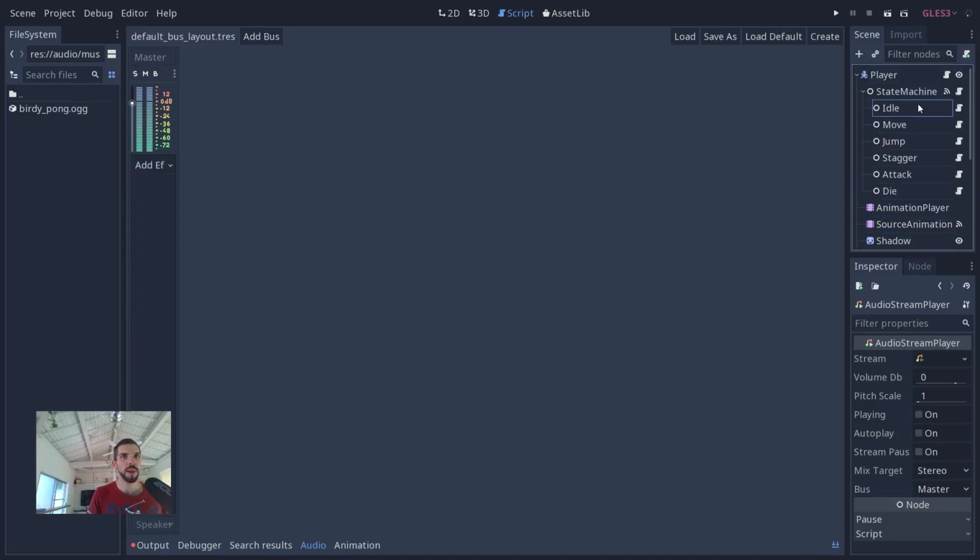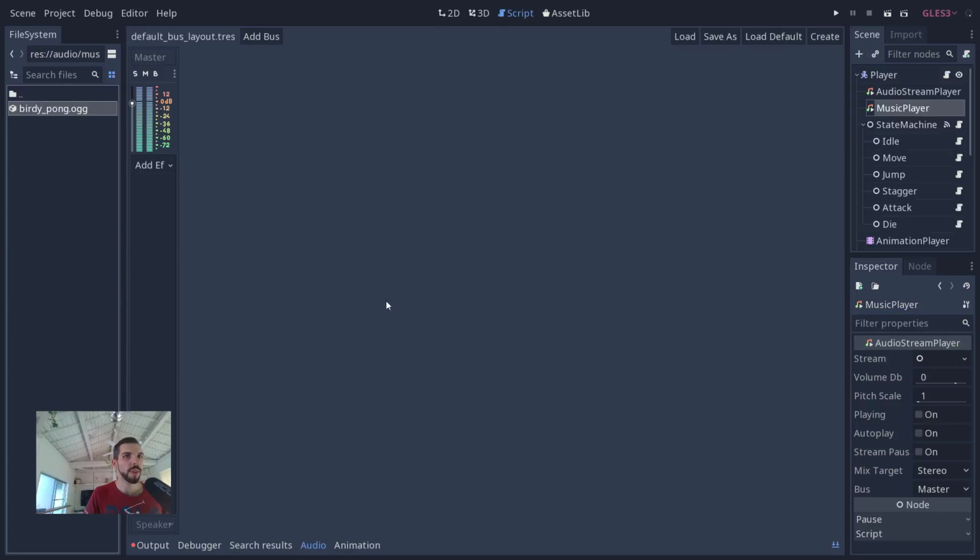I'm going to work from my player scene for now because it will be a little easier. So I'm going to duplicate my audio stream and I'll call the second one music player, plug in my OGG file. So note for soundtracks, I'm using the OGG format which is compressed,